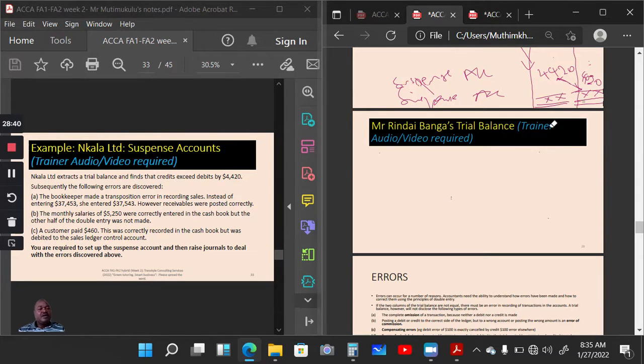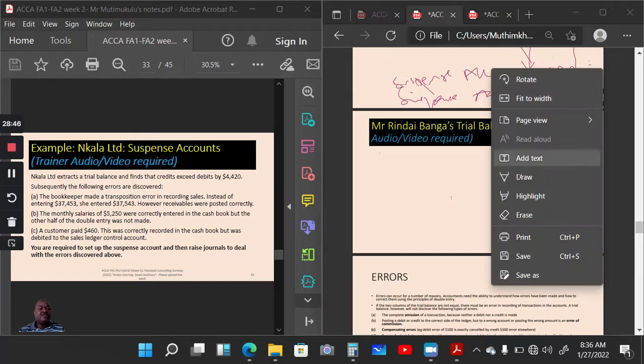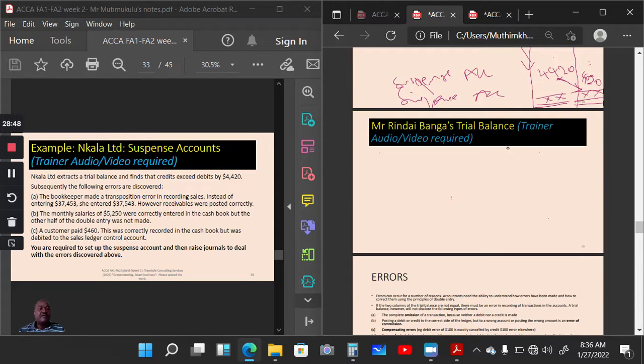Ladies and gentlemen, this is a very interesting scenario. The monthly salaries of 5,250 were correctly entered in the cash book, which means in the cash book the payment was recorded. Okay, fine. So there was a credit entry made in the cash book,